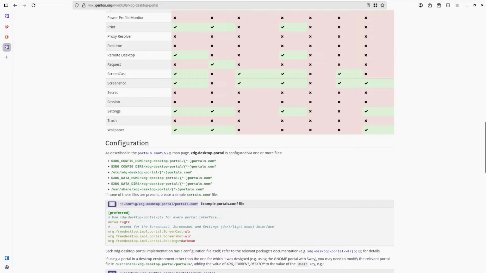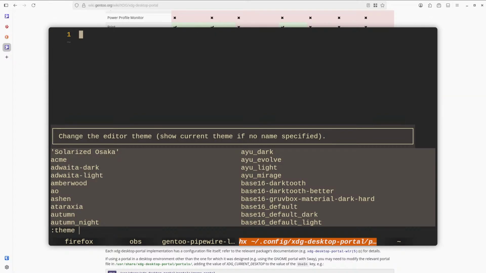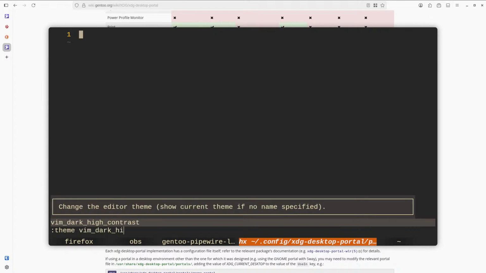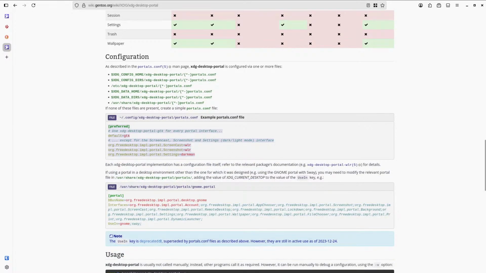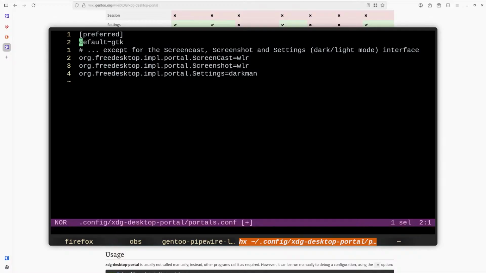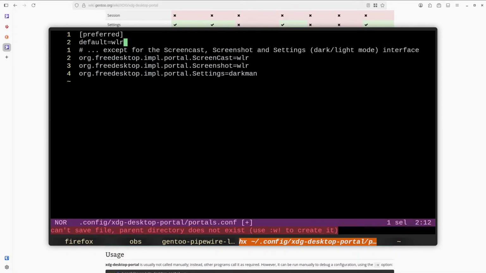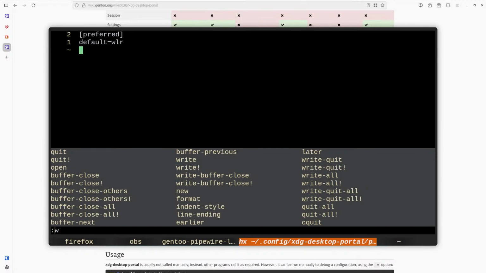But this is the portals file in config, which I can open. Set the theme, Vim dark high contrast, and I guess I can copy this up. So preferred default wlr because I don't have GTK, and those I can just get rid of.